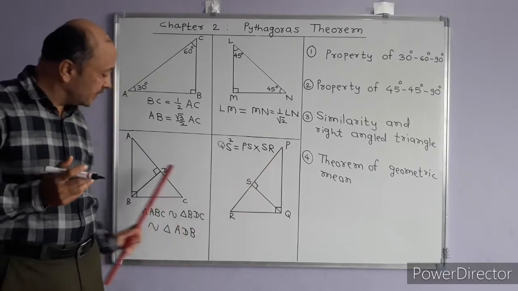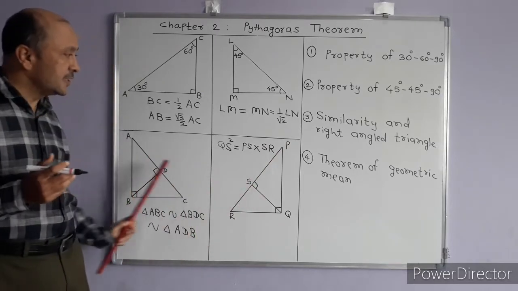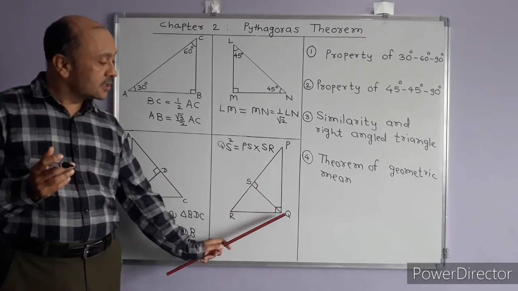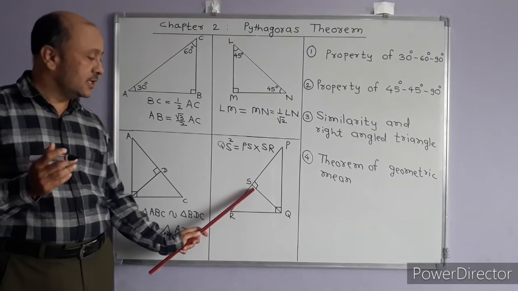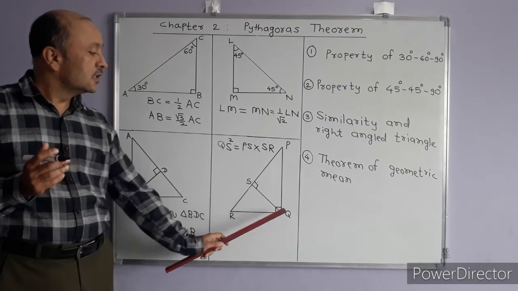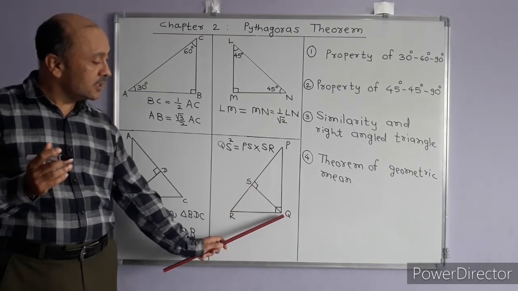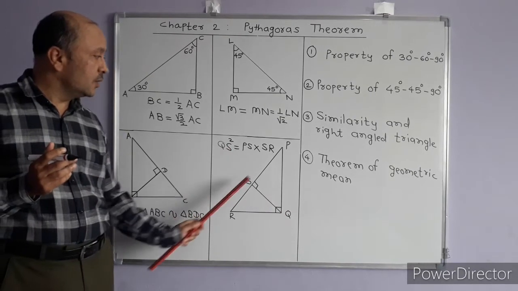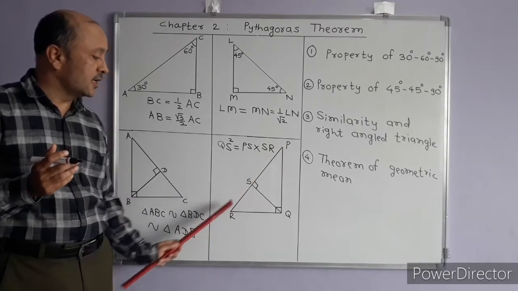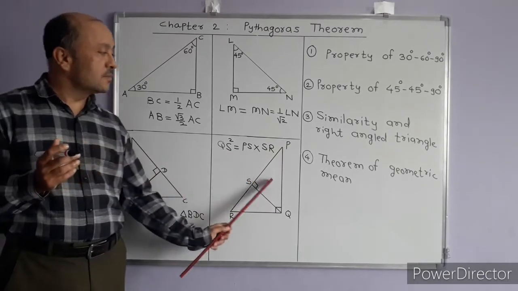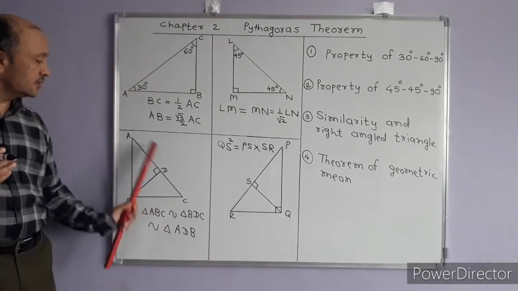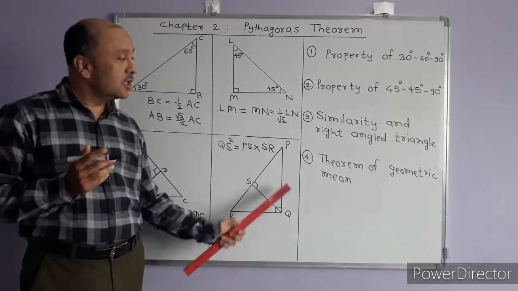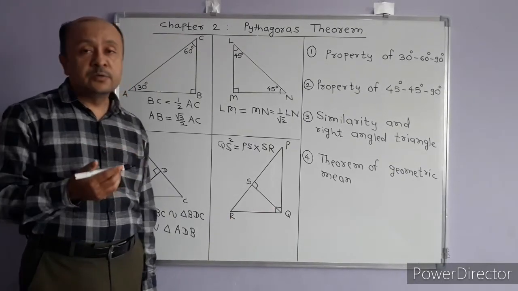Once again, just check, the figure is the same. Here the figure and here the figure is the same. That is the main right angle triangle. Then from the vertex a perpendicular is drawn on the hypotenuse. So we got three triangles. The perpendicular, make the square of this: QS square is equal to PS multiplied by SR. You can draw these figures by changing the names and just see whether you are writing the formula correctly. So these are the concepts we have studied. Let us go to the examples.